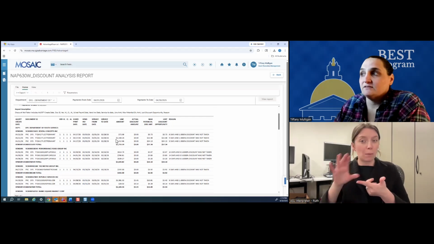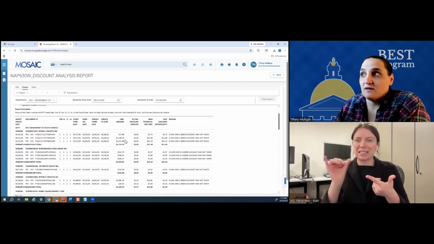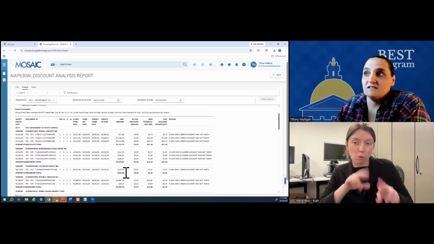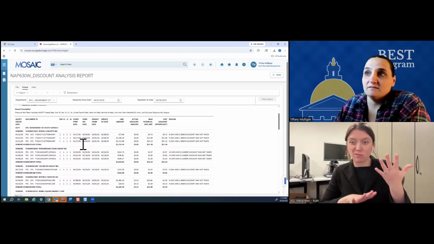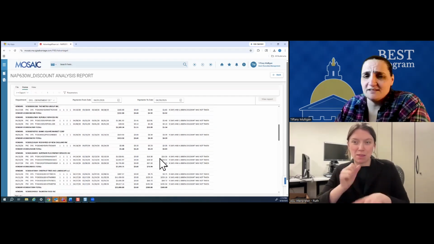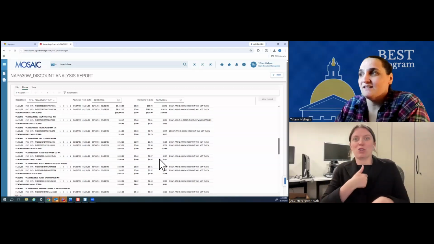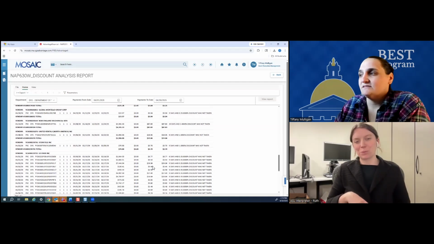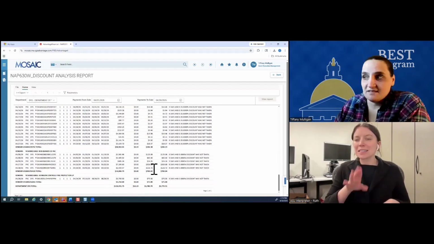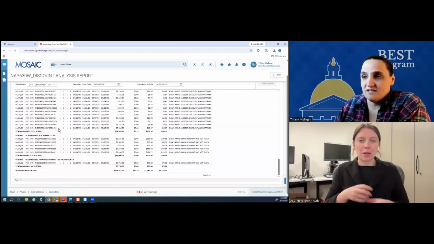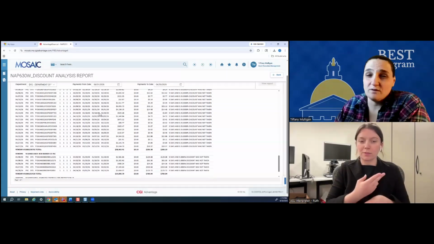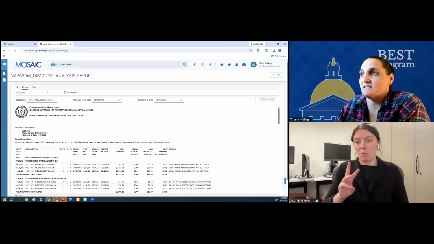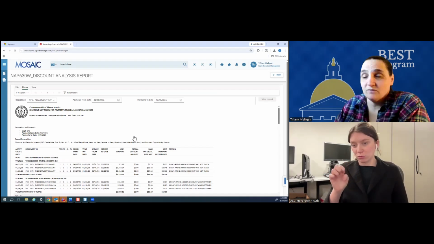So this is basically the missed discount report. These are all the discounts they missed in the month of April. So if anyone on DYS is on this, I'm sorry, I'm calling you guys out. But I know this will help the departments because I know a lot of them use it. At least we used to run a warehouse query for missed discounts. But now you can pull it right in